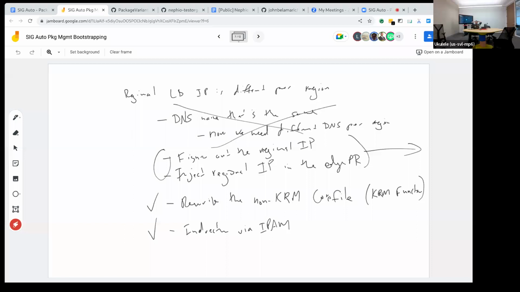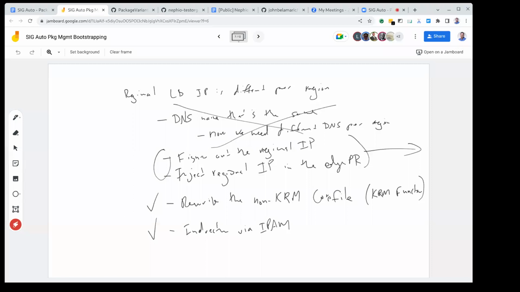And so I see this as a specific instance of a general class of, that's what I meant by package dependency. Other similar dependencies: if the package contains a CR and the CRD is not loaded in the cluster, that's another dependency. If the package has namespaced resources and there's no namespace resource itself in the package, that means the namespace has to be provisioned out of band. That's another dependency.